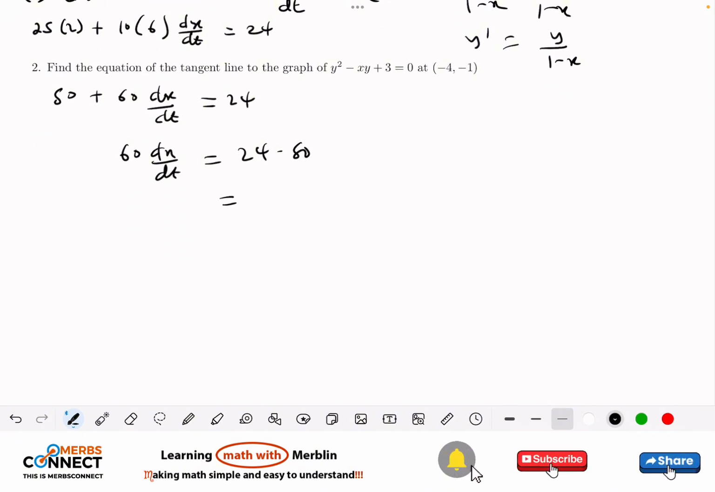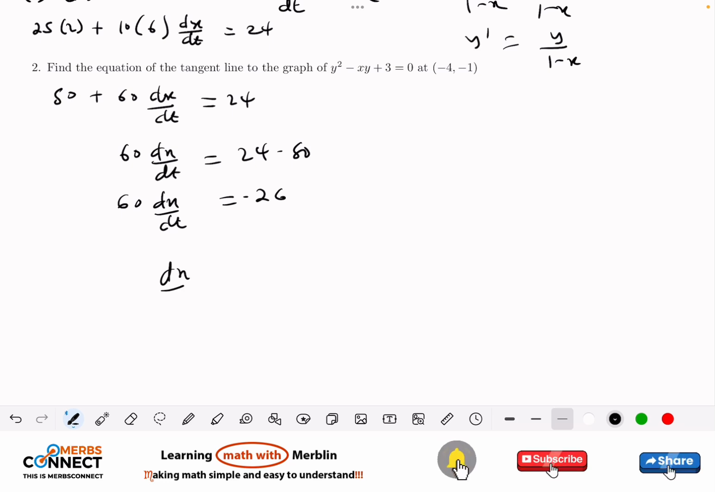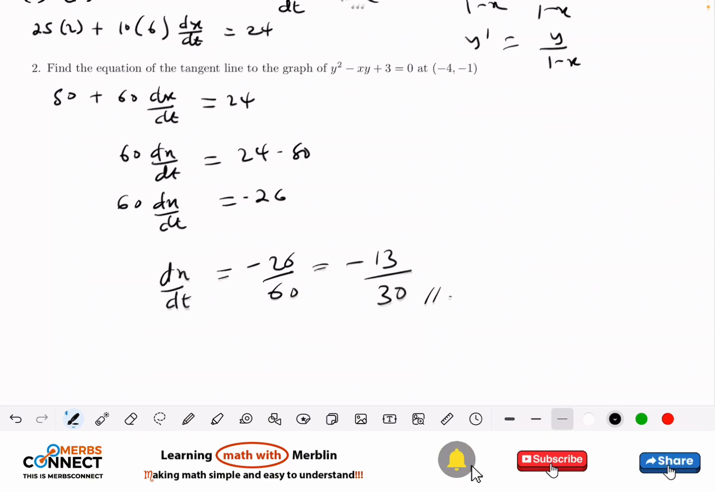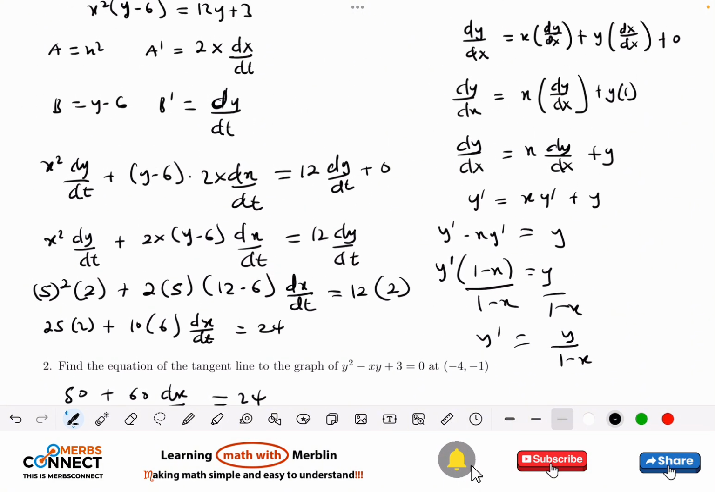And this is going to be minus 26, so 60 dx over dt equals minus 26. Then I'll divide this one by 60, divide this one by 60. So 60 will cancel 60. So this one will be dx divided by dt, which is going to be minus 26 divided by 60. You can leave it here, or you can say that 2 goes into 26, 13, and into 60, 30, and then you leave it here. So this is a lot of work when you are dealing with this one. So please make sure,